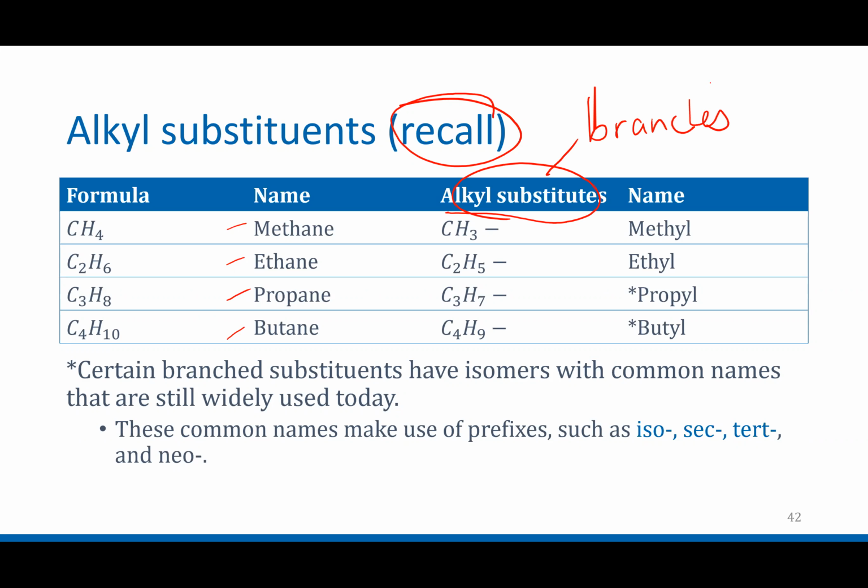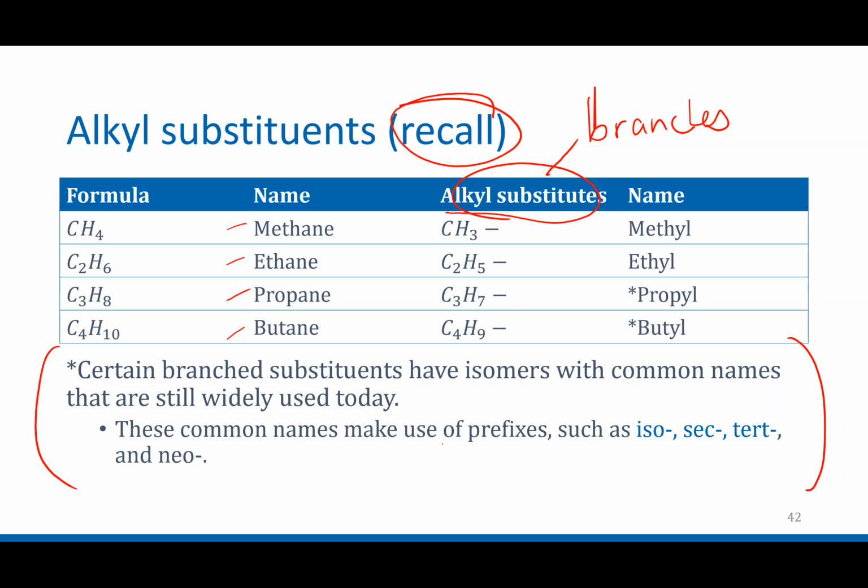However, some of the branch substituents have isomers. Remember what isomers are: they have the same chemical formula, just a different shape. Propyl has 2 isomers, and a butyl group has a couple more isomers,